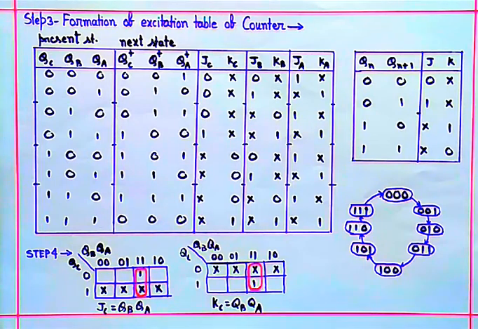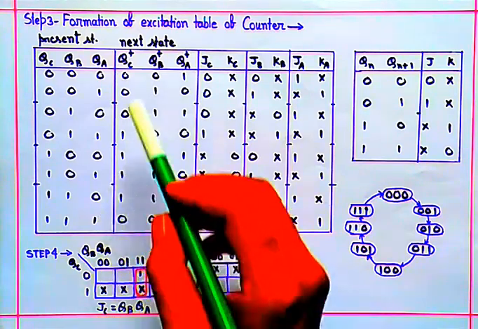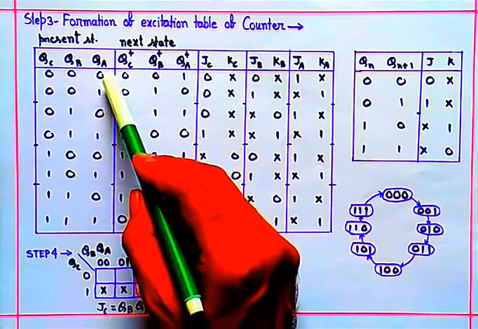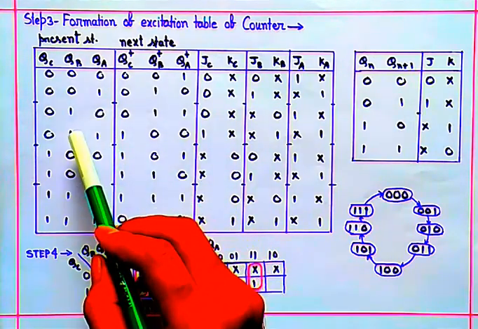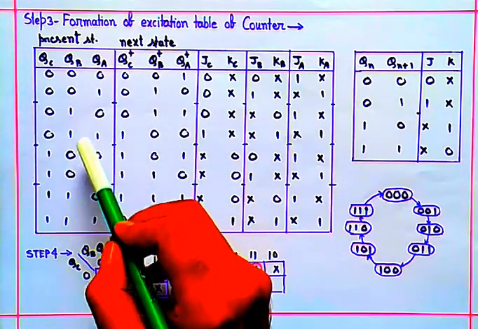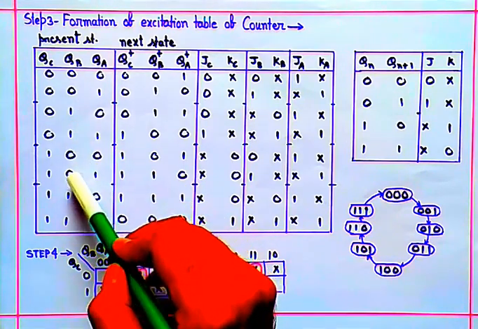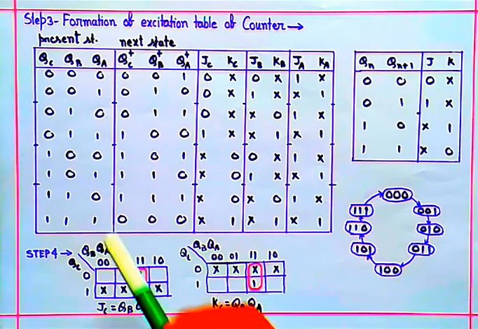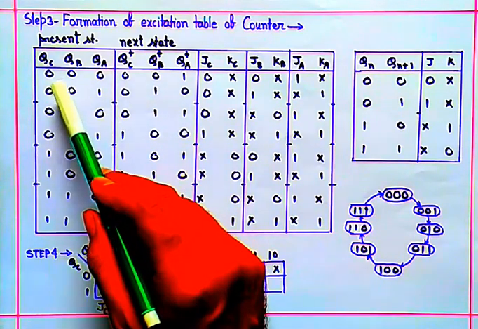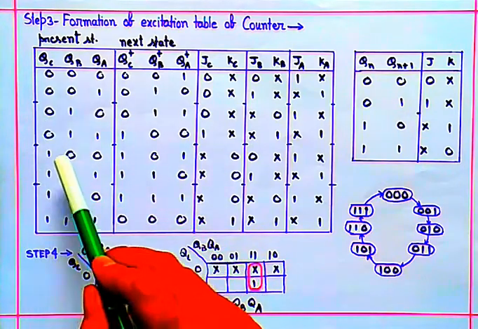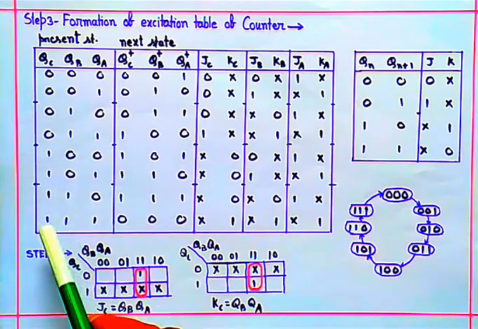Okay, so your first job is to complete all these values of QA, QB, QC. So you already know you have total 8 unique states for QC, QB, QA. So how to put all the 8 combinations? You know it very well. First, in the QA column, put consecutive 0, 1, 0, 1 in this manner, and in the QB column put consecutive 2 0s, then 2 1s, then 2 0s, then 2 1s, and in the QC column put consecutive 4 0s, then consecutive 4 1s.